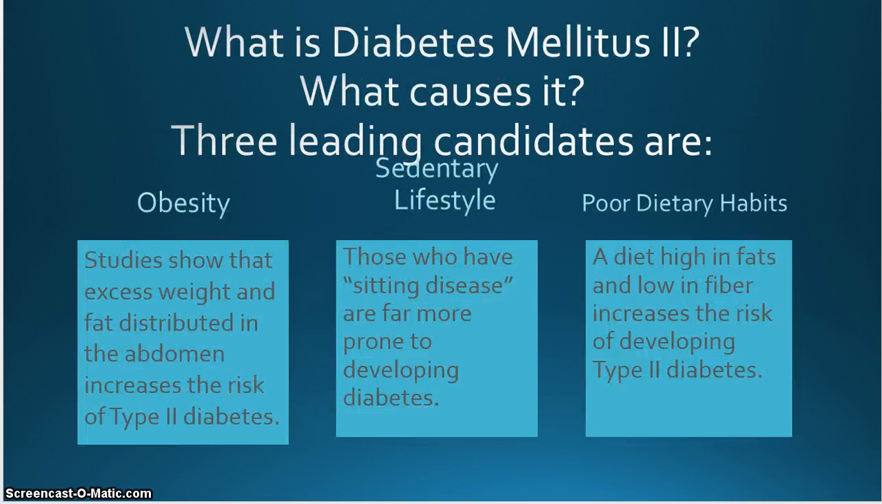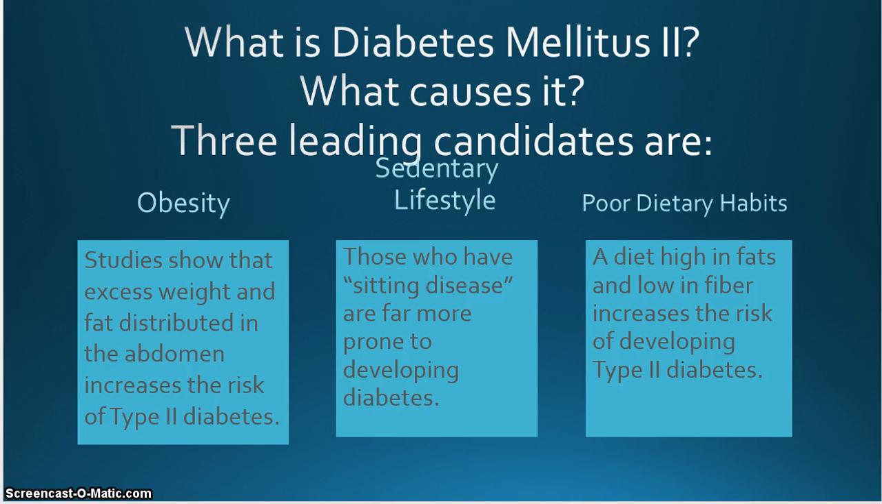Diabetes is at an epidemic rate in this country, and so it is imperative that it gets addressed because it is ruining people's lives and health, and it's killing people. So, first question is, what is diabetes mellitus 2? What causes it? Scientists are still studying the varied and complex causes of this disease, but they all agree on